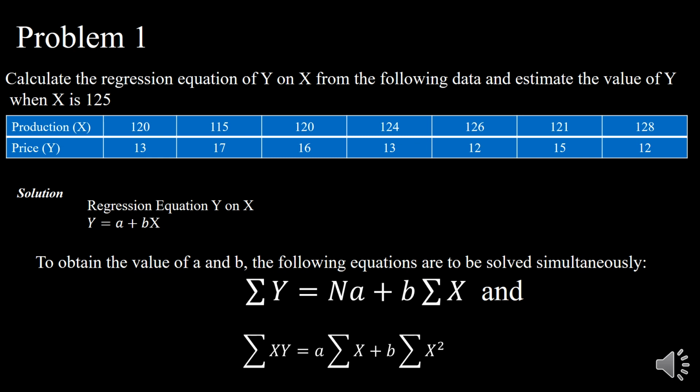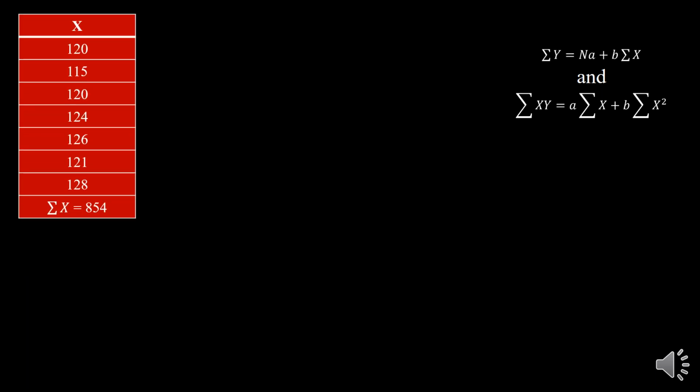A and b are the two constants, and with the help of the x series and y series, we have to find out summation x and summation y. The second equation is summation xy = a summation x + b summation x square. The extra two things we have to find out with the help of the x and y series are summation xy and summation x square. I have repeated the equations here because we are supposed to use them for solving the constants.